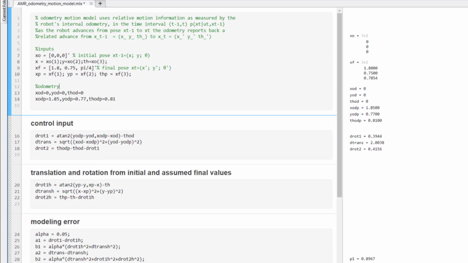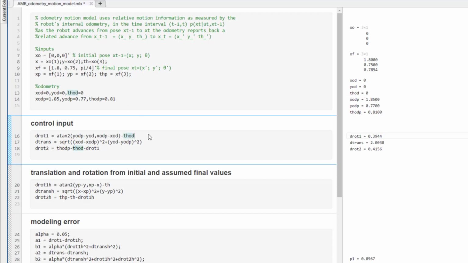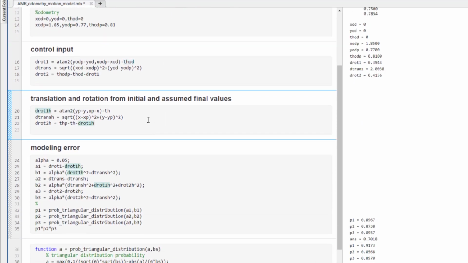So in our first section, we input all of the values from the problem statement, including our initial value, our final value, as well as the values from the x, y, and theta for the odometry measurements. Then the next section is our control input, and this is the section based upon our odometry parameters. Then our next section is our translation and rotation values based upon initial and assumed final values for the robot. So if we run that,